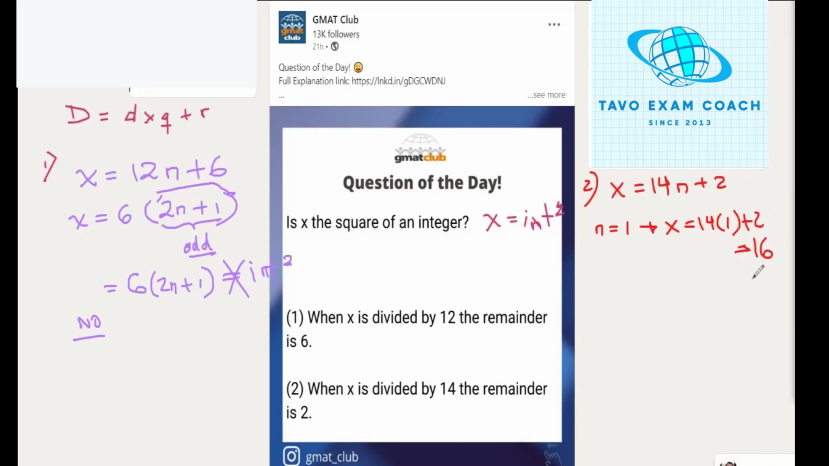And bingo, 16 is the square of an integer. But what happens when n equals 2? If n equals 2, x would be 14 times 2 plus 2, which would yield 30. 30 is not a square. So the answer to the question is possible either way, which means statement 2 is not sufficient. When statement 2 is not sufficient, statement 1 is sufficient. The correct answer choice would be